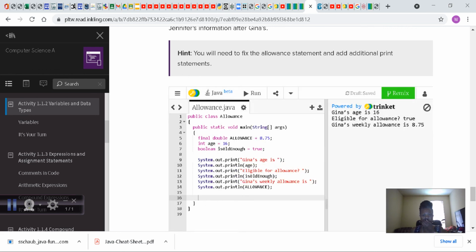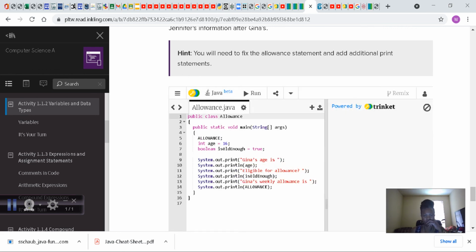Let's reset everything. Okay. So when we reset, this should be final allowance, of course, final double allowance, and we have an int, we have is old enough,